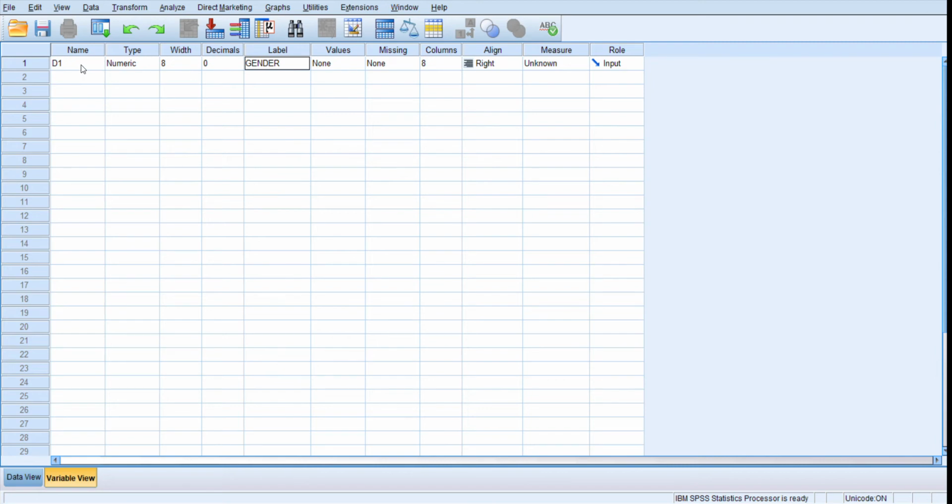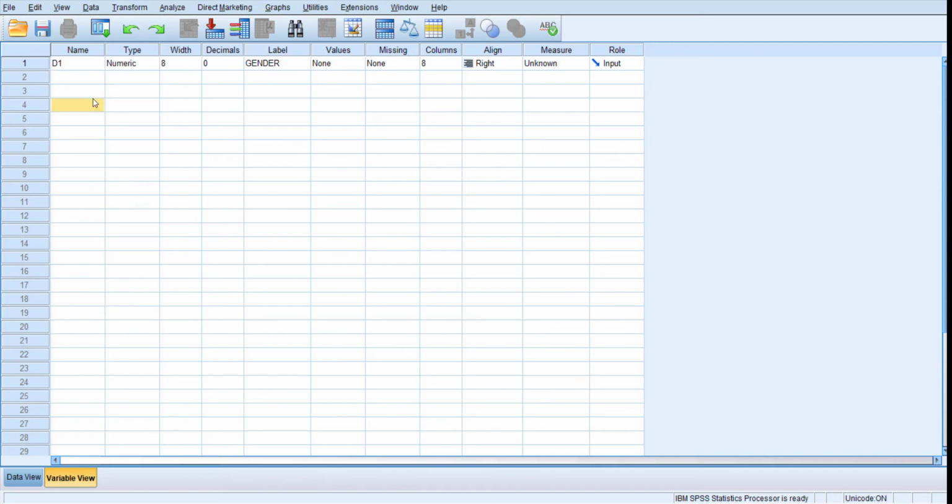Under name, you are giving the variable code. This field called name is very case sensitive. If you repeat the name, it will not let you do it. For example, if I type D1 again, the system will not permit me.